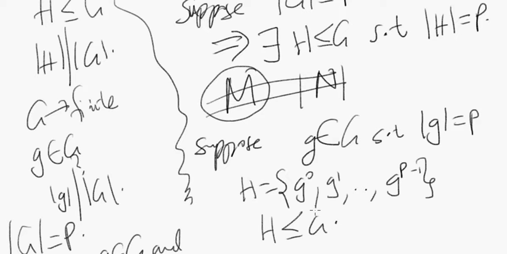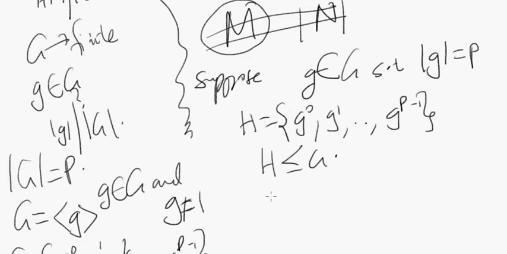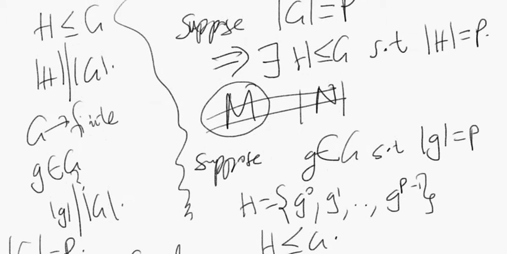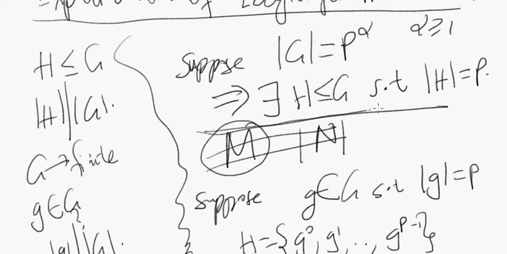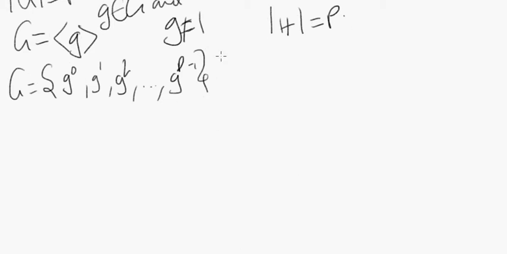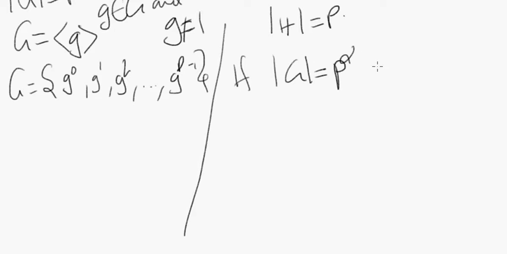And if H is actually a subgroup of G, have we now found a subgroup H whose order equals p, if we're able to write H in this form? So suppose that finding an element of order p is indeed enough to give us a subgroup of order p. How else can we restate this claim? Can we restate it as follows: if the order of a given group is some prime power, would it be enough to show that this implies